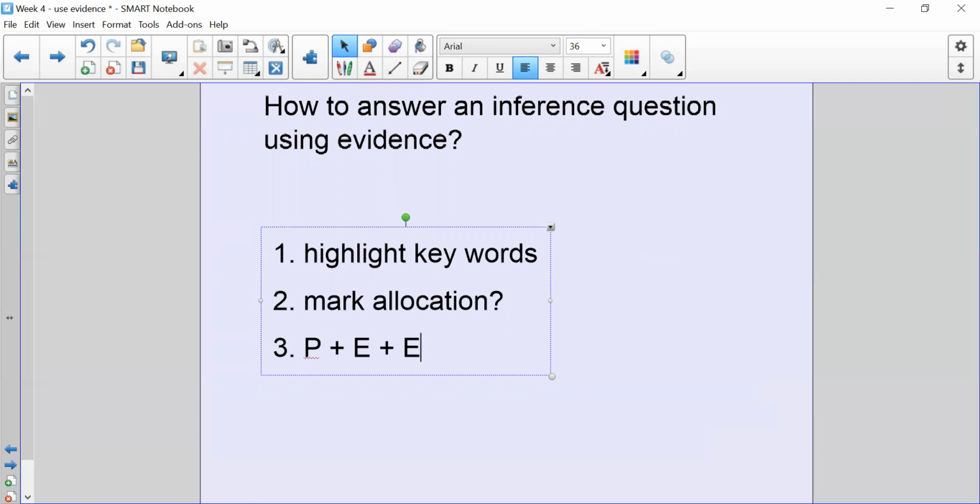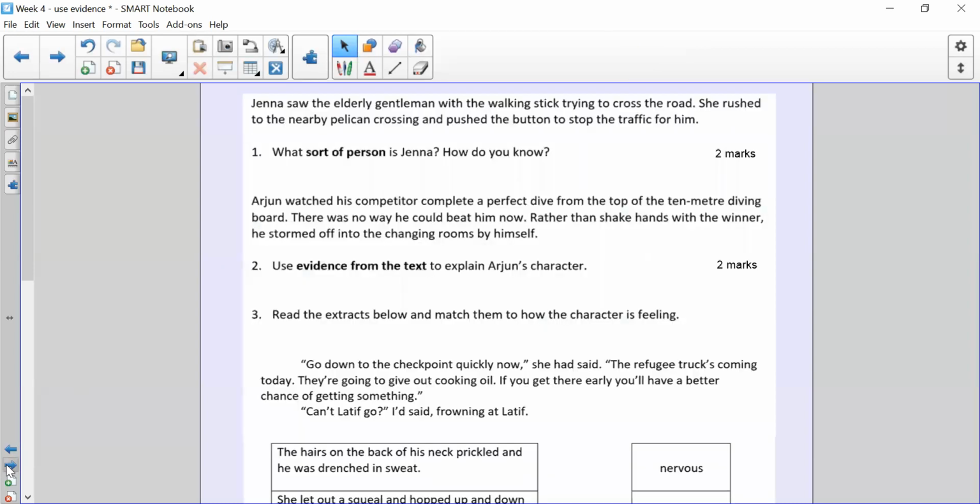We need to explain why we've used those words, what evidence helps us to support that explanation, and what our answer is as well. All right, remember, it's not to go to pee, to the toilet, all right? That's P as in point, evidence, explain, okay? And then it's always good at the end just to check your answers. Just read over it very quickly and look at those words that you've highlighted to make sure, have you answered the question?